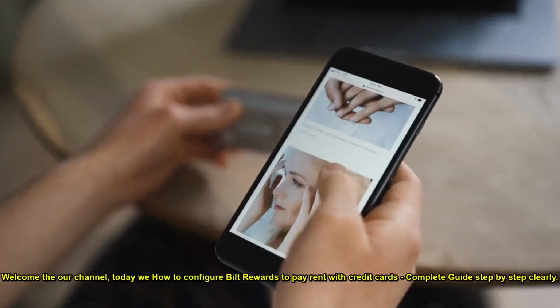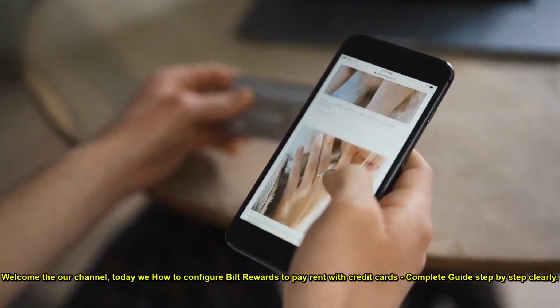Welcome to our channel. Today we will show how to configure Bilt Rewards to pay rent with credit cards, a complete guide step